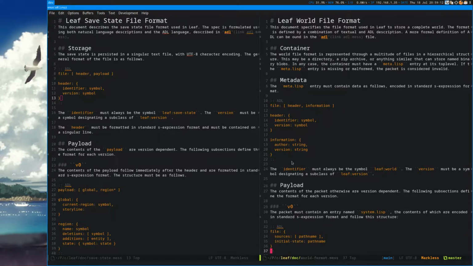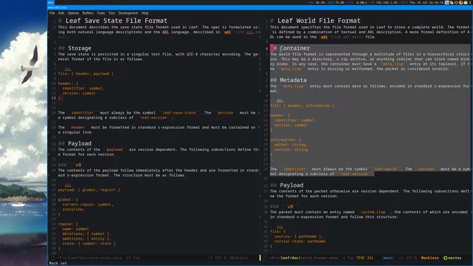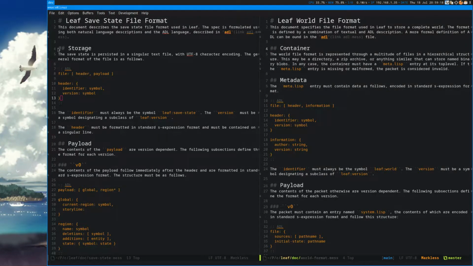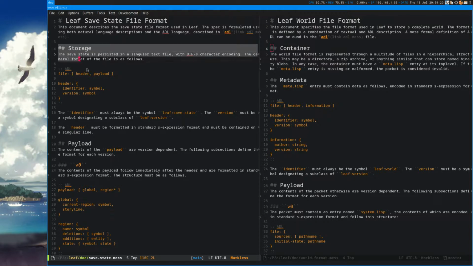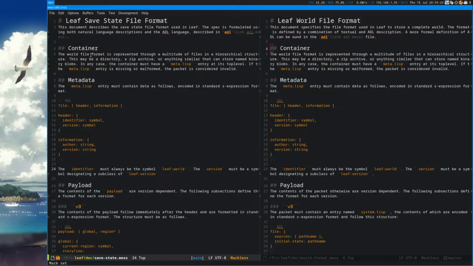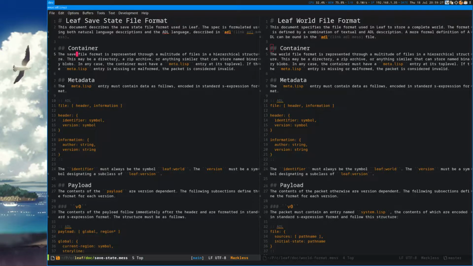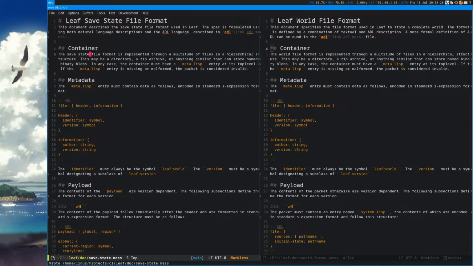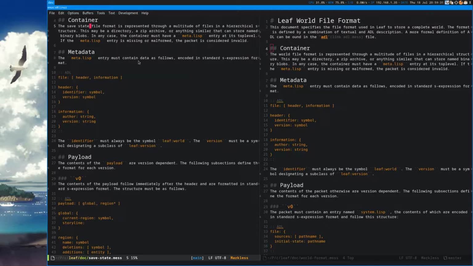Who knew that doing this was going to be the proper thing all along? So all of these files look very, very similar, which is fine. Okay, header.